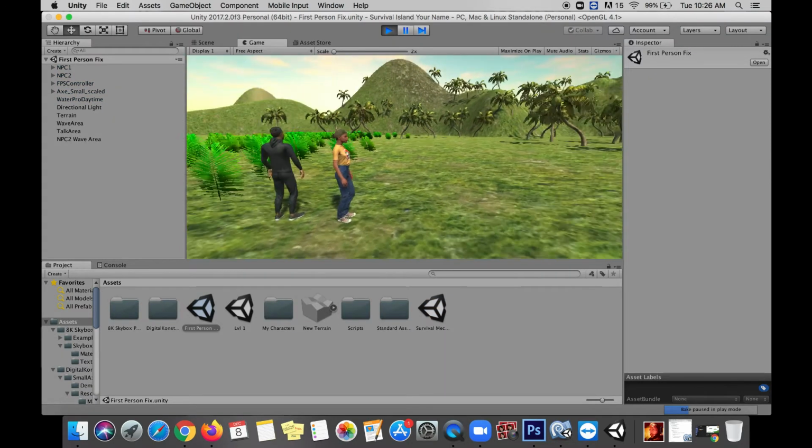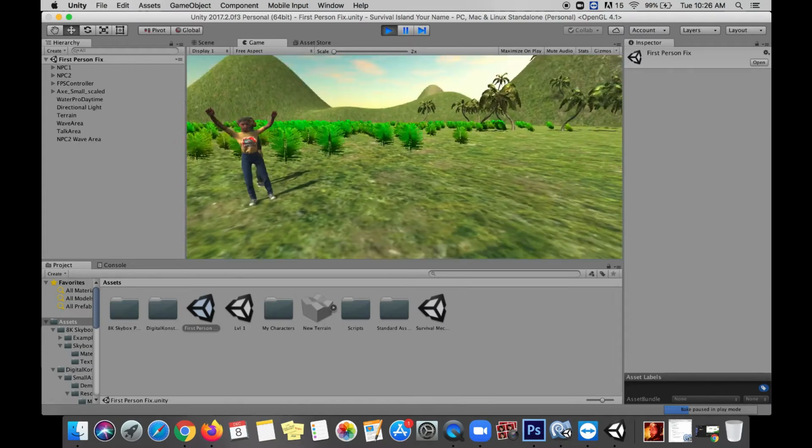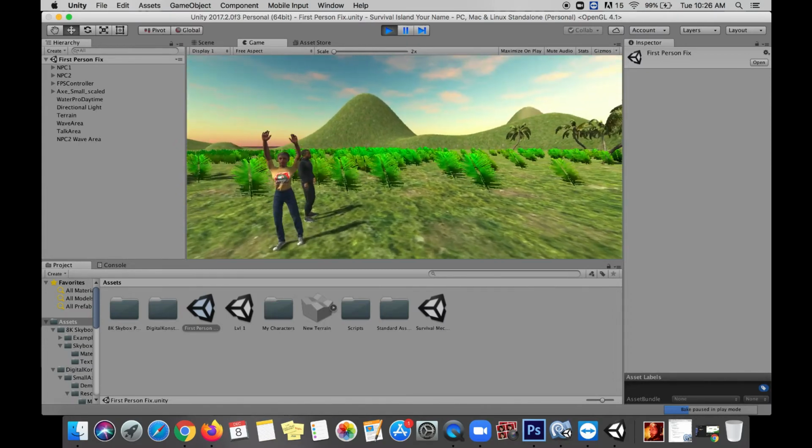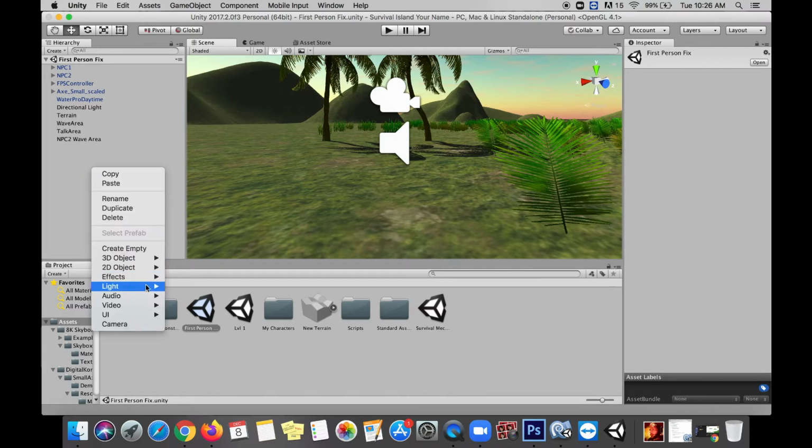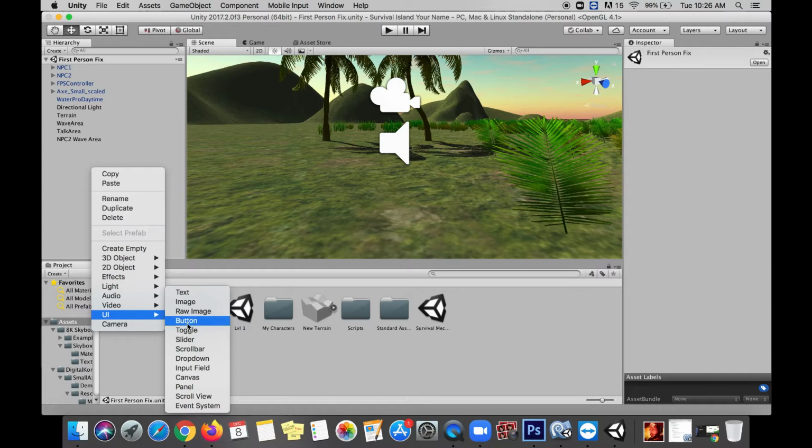Alright, so here I am in my scene, but I have no slider to represent my thirst. Let's start building that mechanic. The first thing we need to do is create a UI element, a user interface, that we can actually look at and see where our thirst level is at. To do this, we'll come over into our hierarchy. You can either click on Create or Control-click down here, and then we'll go down to UI, and first we'll